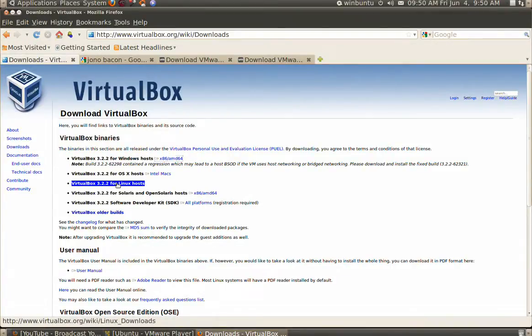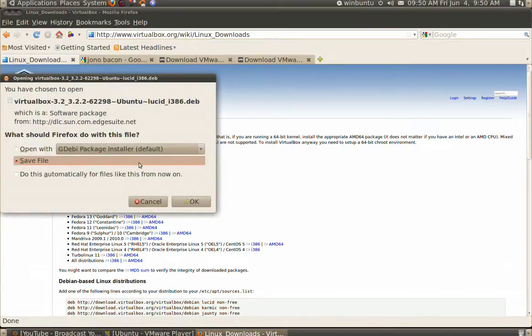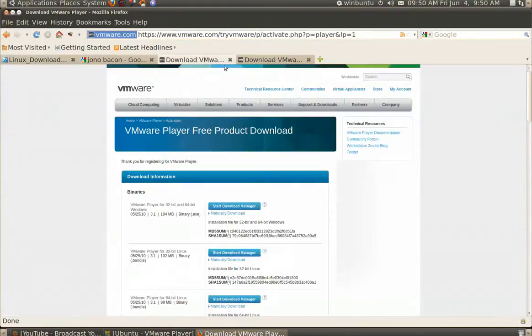And we have the one here for Linux hosts, and at the moment we're using Ubuntu 10.04, so we'll be downloading the 386, that's a 32-bit version, and you've got the 64-bit version here as well. So again, just click on that, and it'll open with your GDebi package installer. So that's the VirtualBox. The other one then is